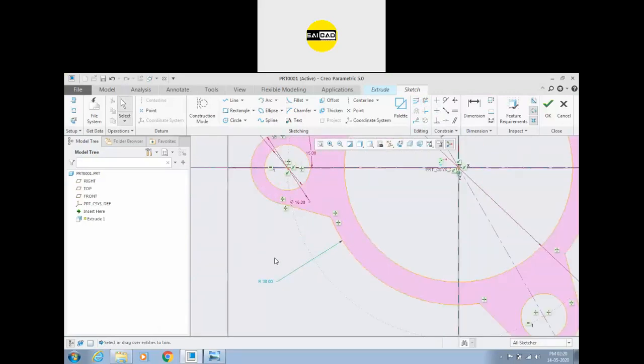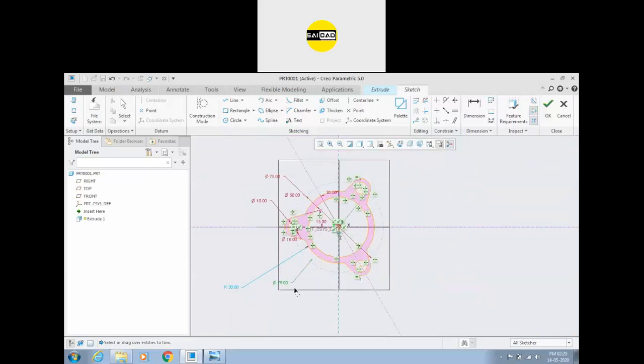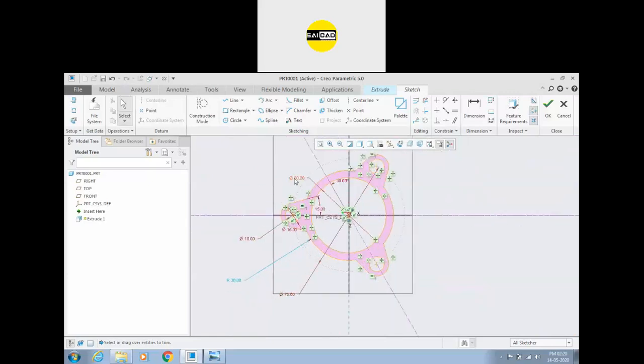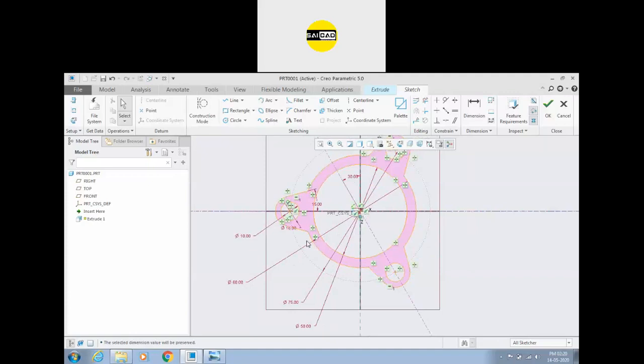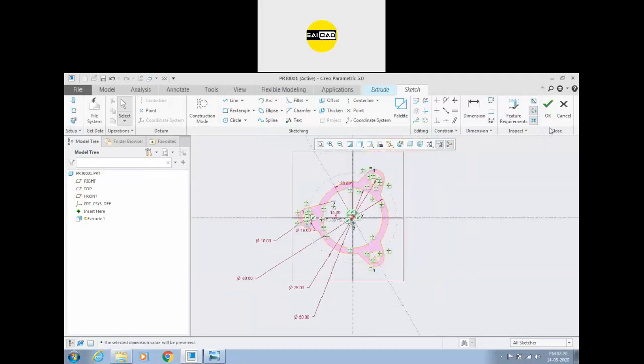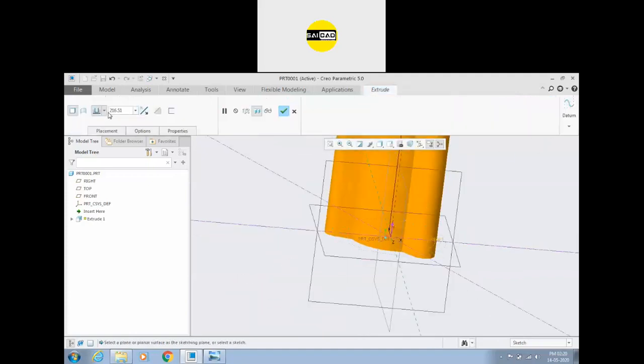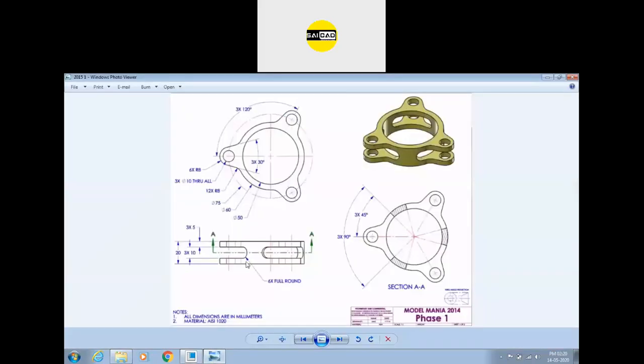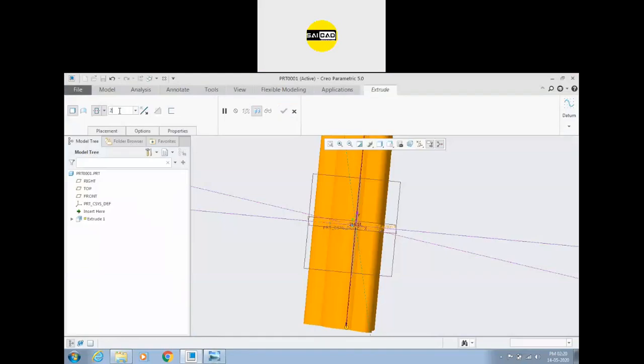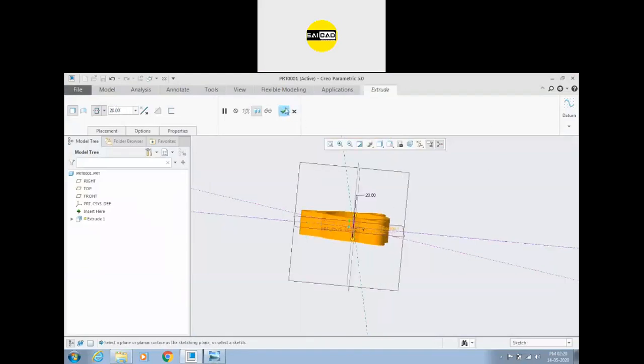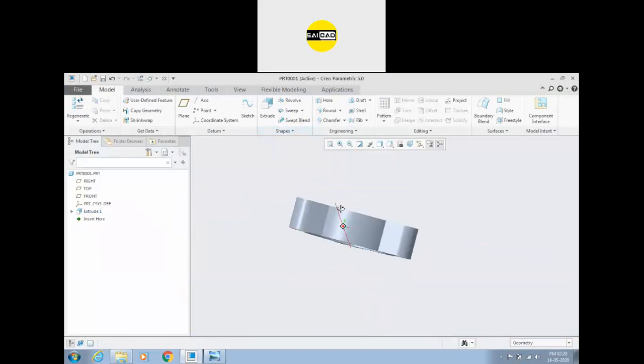Now we have to define the radius. The dimension of the circle is gone because we have trimmed it out, so we need to define it. Simply press the lock and the dimension will be defined like this. If you want to convert to diameter, like this. We can specify the fillet here or outside. Just complete. Now we need this in the mid plane, so select the symmetry option. We need the thickness to be 20, so set the value to 20. Just complete, and now we got this shape.